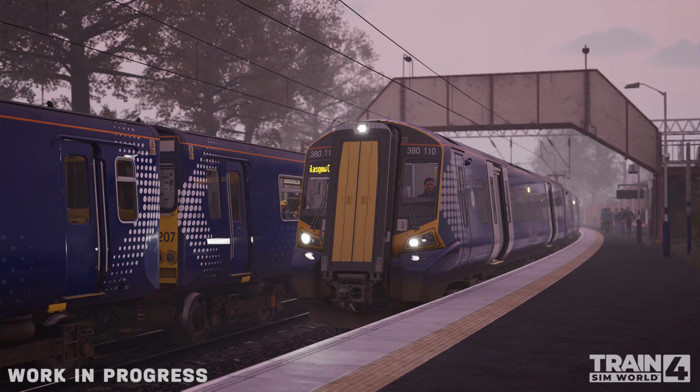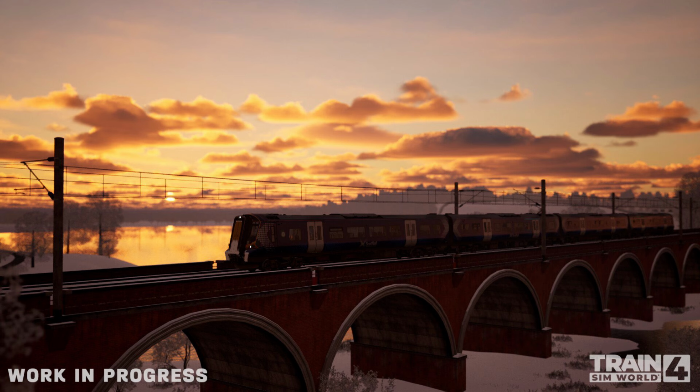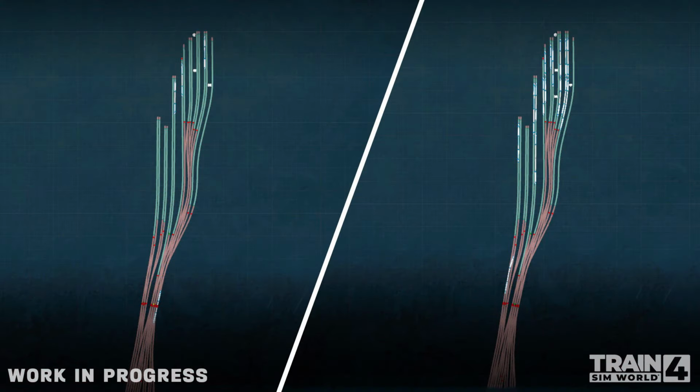This free update will breathe new life into the route, as will other changes happening courtesy of the game designer Liam, who you may remember from his work on the magnificent remastered update to the West Somerset Railway. These changes to the Glasgow Cathcart Circle also include updated signal visuals, new track and ground ballast, the latest water visuals for the River Clyde, and other locations. Dovetail will share more details and imagery of the official Cathcart Circle remaster next month, along with a deep dive